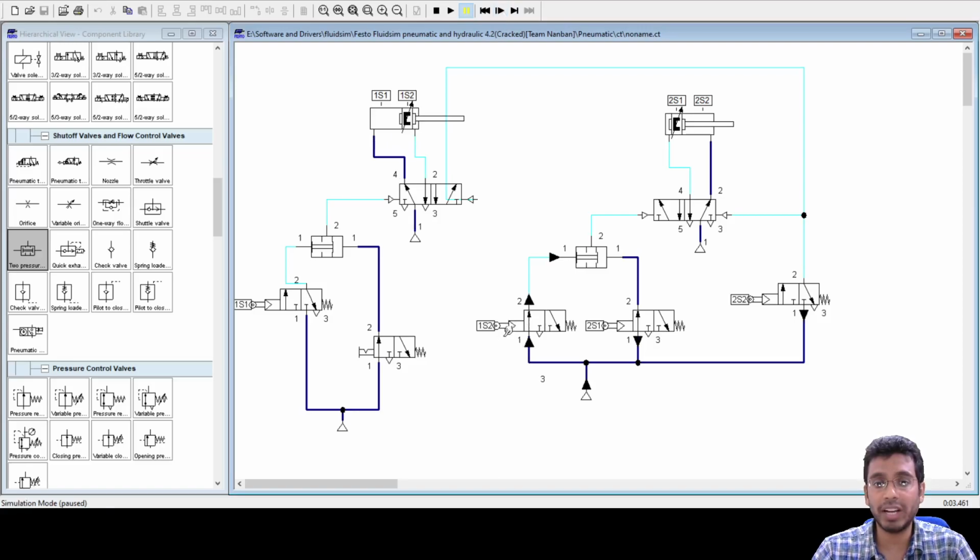Okay, so your 1S2 gets actuated and your 2S1 is already actuated. Why is 2S1 actuated? Because initially this cylinder is in its retracted position. So 2S1 was already actuated. Once cylinder 1 is completely extended, your 1S2 roller valve gets actuated, which results in this spool